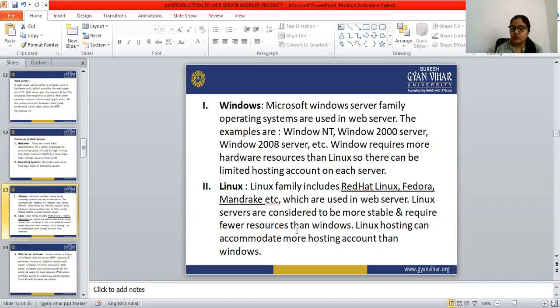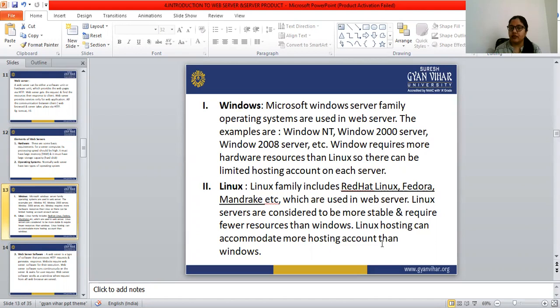Because of this requirement of fewer resources, Linux hosting can accommodate more hosting accounts than Windows. Windows doesn't, because Windows requires more resources than Linux.